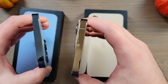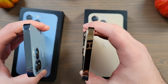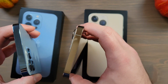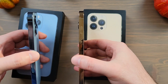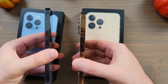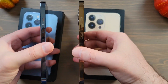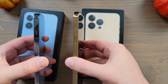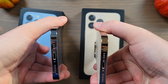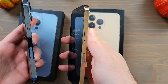As you see, the polished stainless steel frame on both phones shines through and shows very, very clearly. So you just got to pick which one you prefer. Here it is from the sides here. Actually, I should probably do them from the same side. See the volume rockers, antenna band at the bottom. See which one you prefer. The bottom here. And from the power button side,